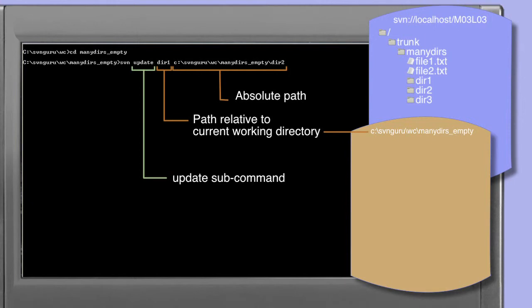Because the update command is explicitly referring to dir1 and dir2, it effectively says add these directories to my current working copy. Using the update command, we can only add those elements which exist within the repository, so we can't use this to, for example, arbitrarily map one part of a repository into a working copy. We can only use it to add elements that already exist within the repository, as in this case,